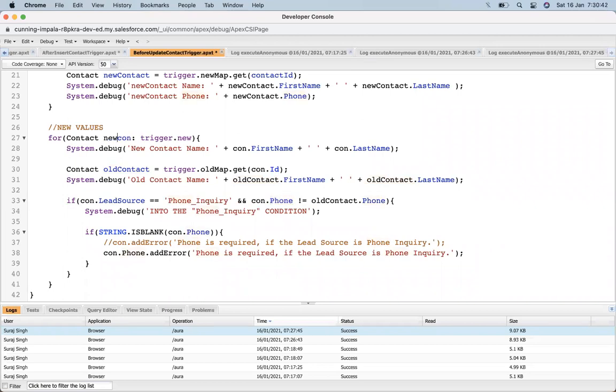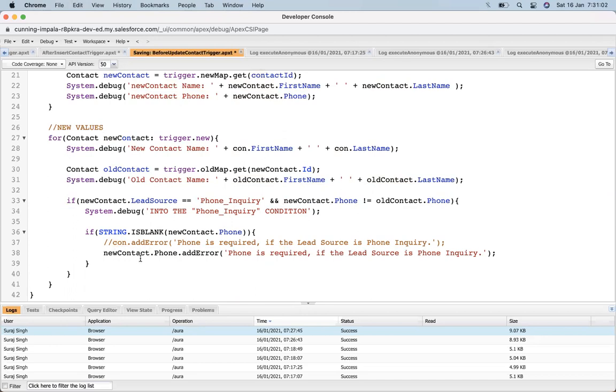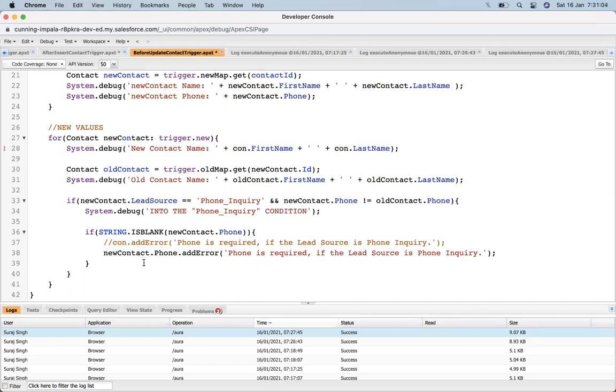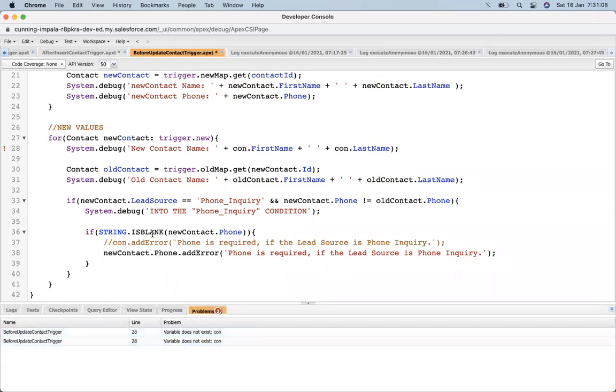Let's put a new contact, which will help you understand more. New contact dot id. I will put the new contact id and get the new contact. Then I check the new contact's lead source and the new contact phone, and then add the new contact.